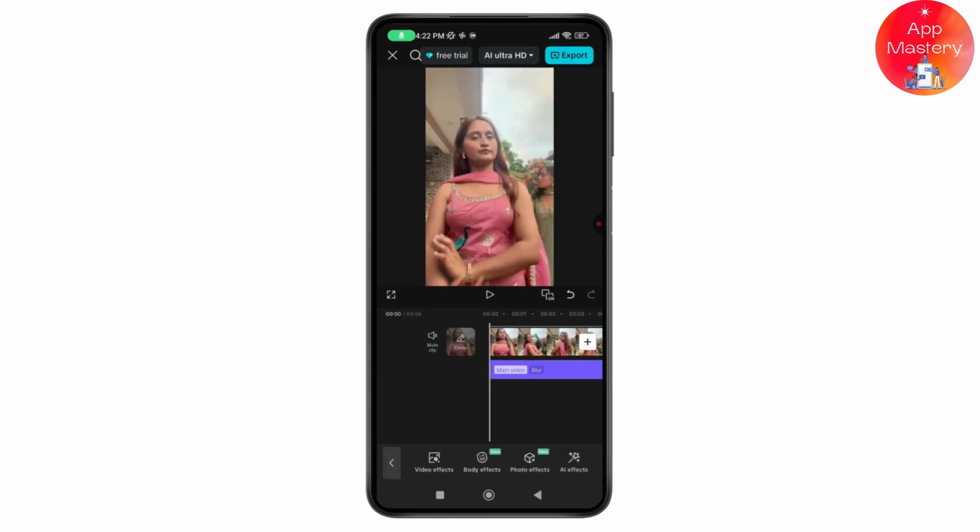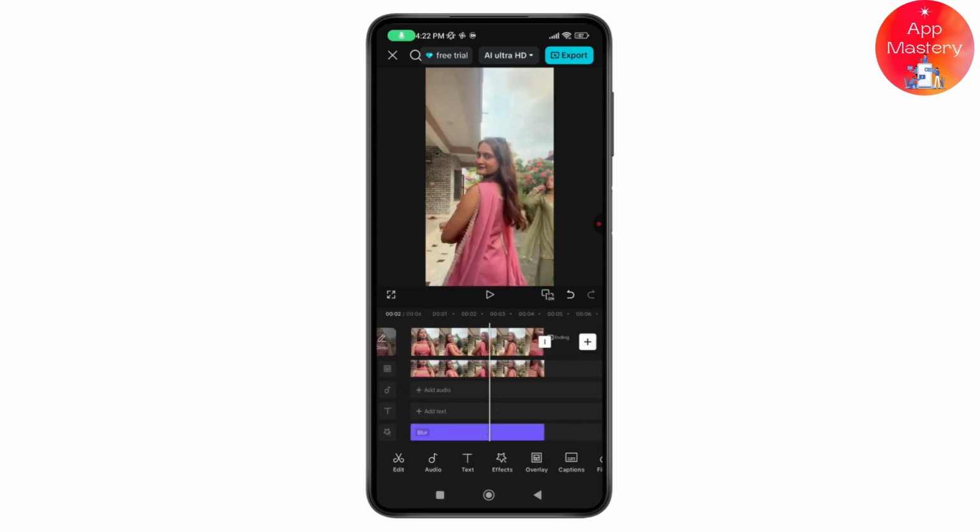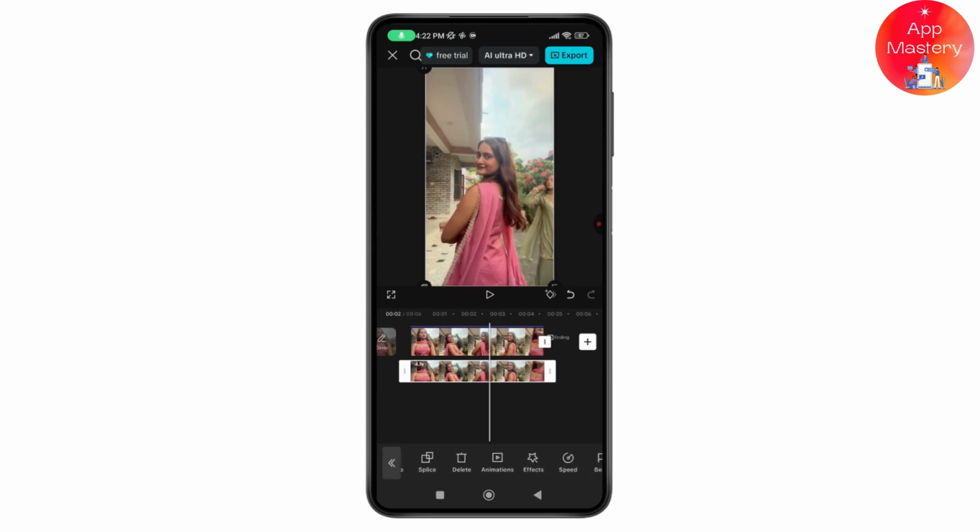Now you need to go back and then click on the overlay that you've added. And once you've selected the overlay, now here on the bottom, you will have an option of mask. You need to tap on mask. Once you find it, on the bottom right, you will have mask. You need to tap on it and go and select the circle mask